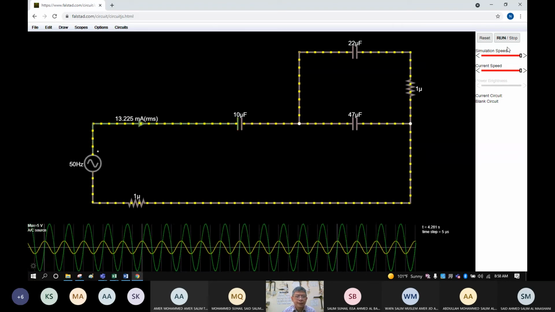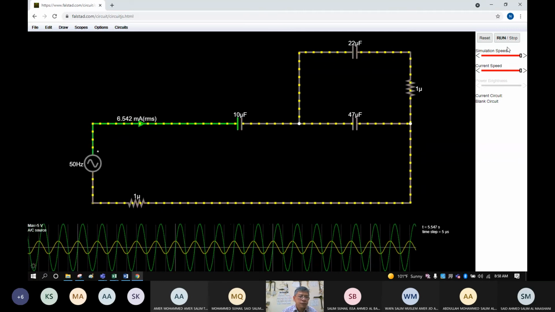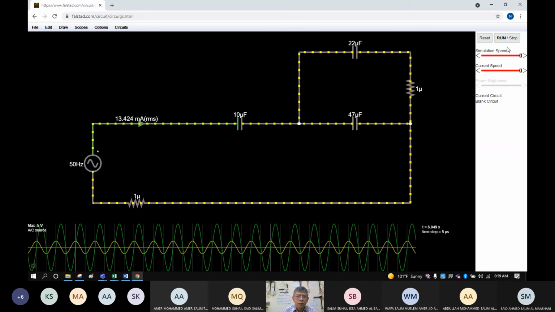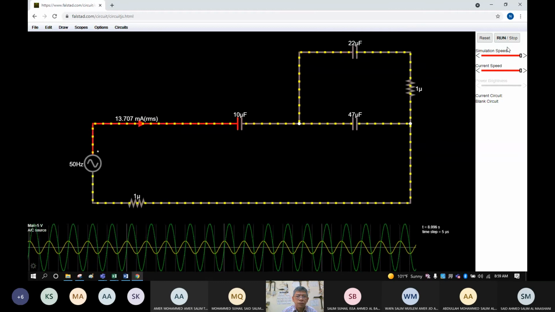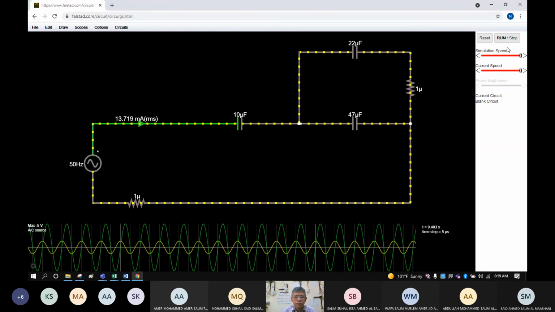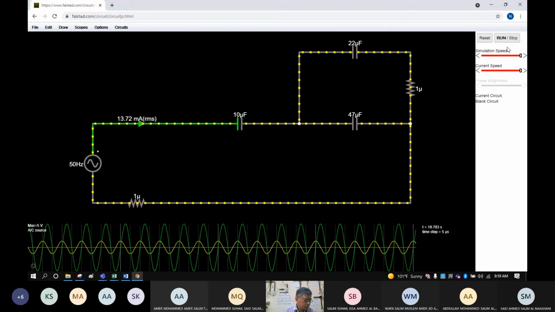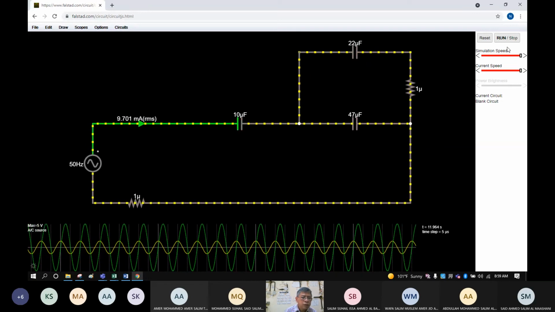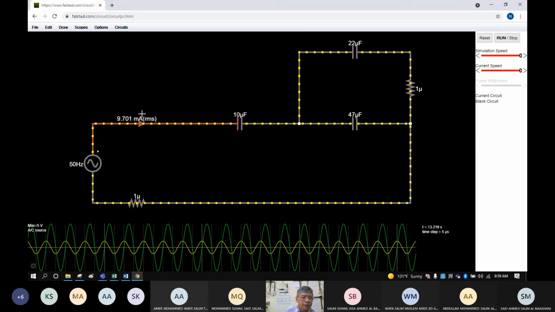We will wait for this. Okay, so still moving. Okay, so it's not moving.